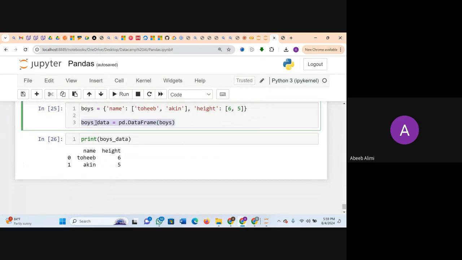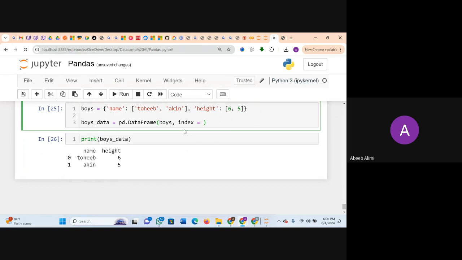And that should be changed when you are creating your data frame. Remember, we created our data frame with pd.DataFrame, and we pass in our data, which is the boys. That is the dictionary we created earlier. So inside this pd.DataFrame we can pass a second argument. The second argument will be the index. It will carry the word index.